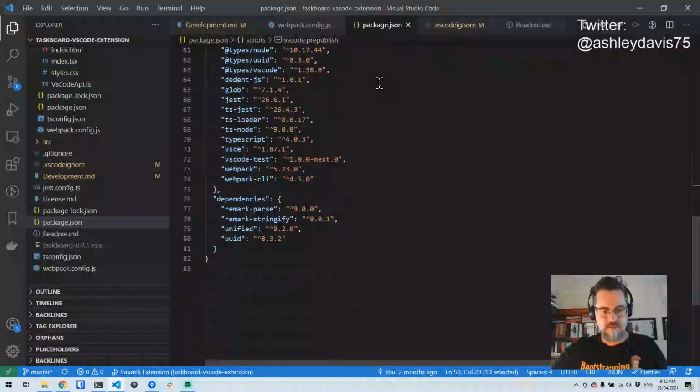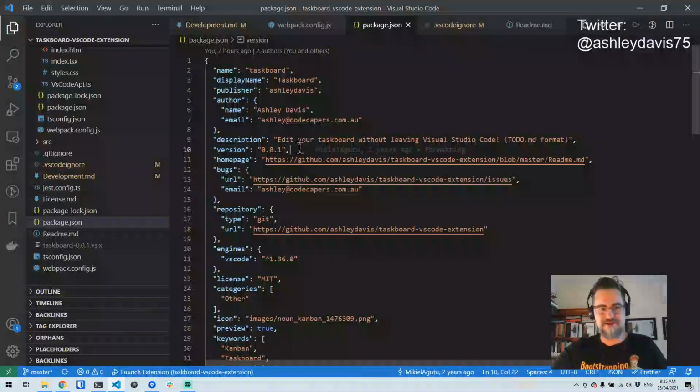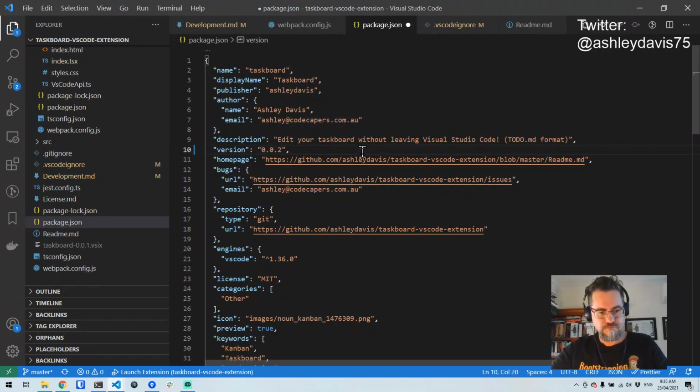I've lost the version number. Oh, there it is. I just must not have seen it. Anyway, this is the version number. It was version 0.0.1. I'm going to change it to 0.2. I'll commit all this later and push it up to